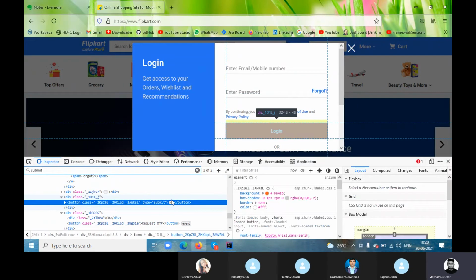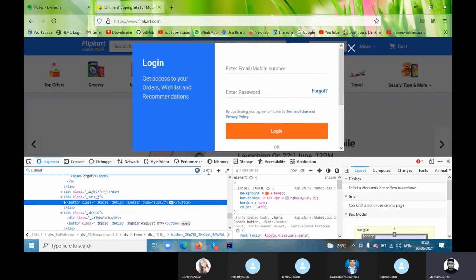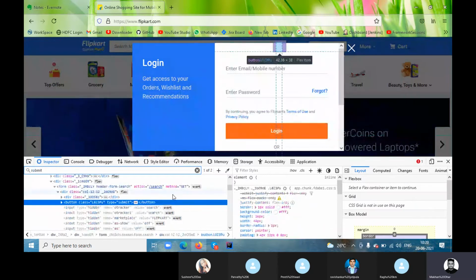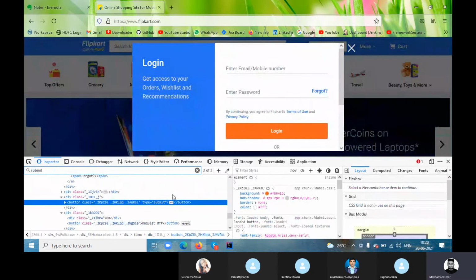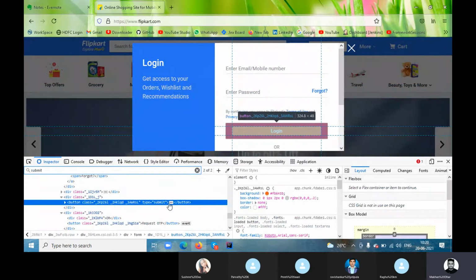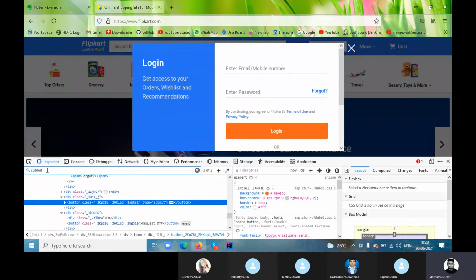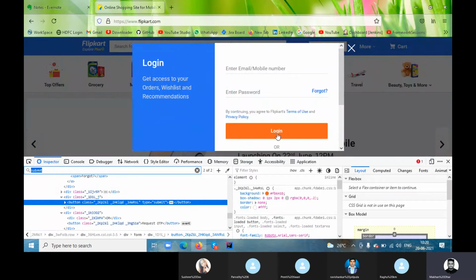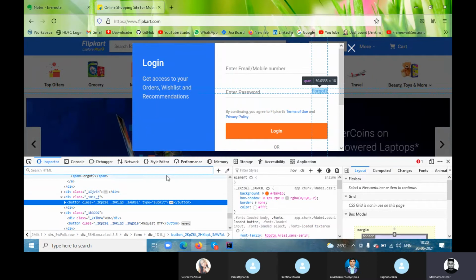It should be unique, right? It should always be one of one. So in this case, you will simply ignore the class name and the type, and what we can do is use the text. We will create an XPath.